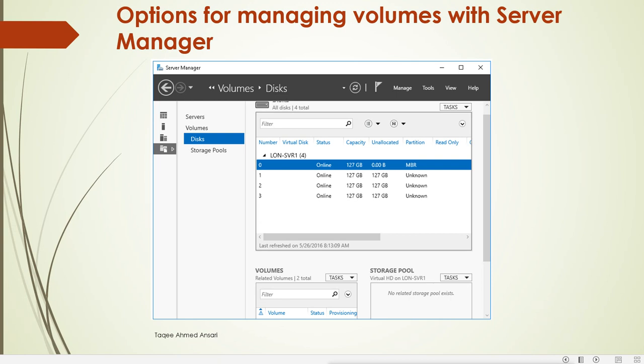But here in the server operating system, we can also manage our disks and volumes from Server Manager. So we don't have to go to Disk Management, we can manage all our disk and volume related settings from this Server Manager. The same thing which we can manage from the Disk Management tool, we can do from Server Manager also.